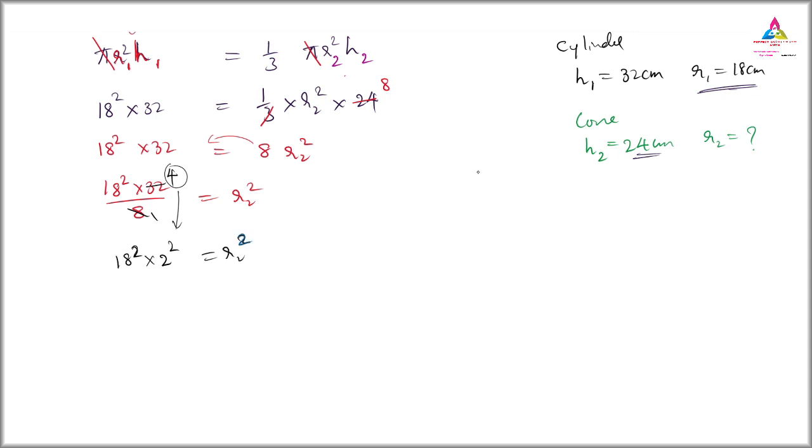See, here you have a square, here you have a square, and here you have a square. So it will make the calculation easier. Otherwise 18 square is 256, 2 square is 4, again multiplication, division, everything will make it very big for us. So what I will do is write 18 into 2, and the square we have on both sides we will take as common outside the bracket, and here r2 square I will write on the other side.